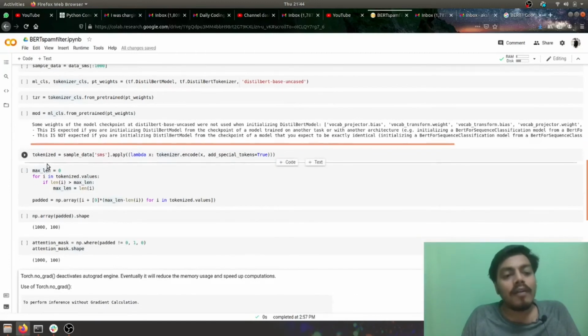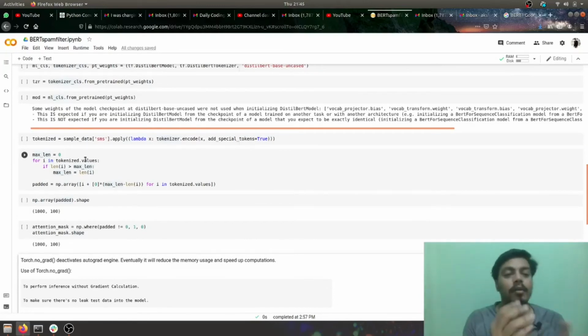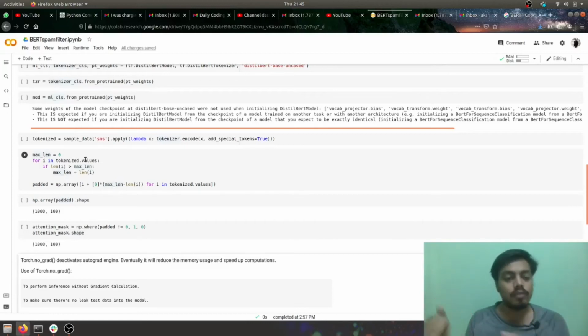Okay, after that, because the sentences can be of different lengths, some of 50, some of 100, etc., we'll be applying padding. Now, what are the advantages of padding? Whenever you send this entire batch of sentences to BERT for training, if they are of the same length, it makes the task of BERT much easier and faster. That's why we are adding padding here.